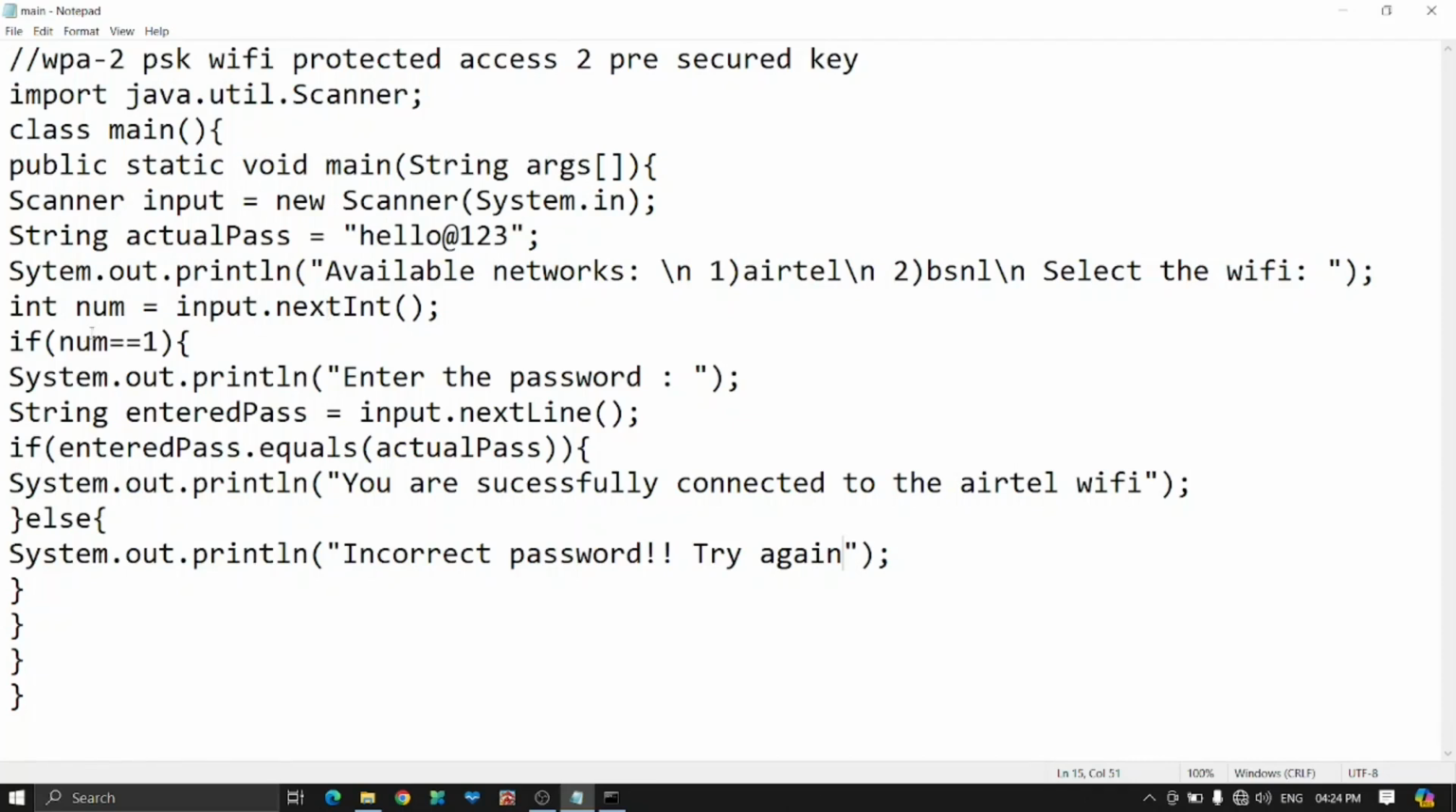Num 1 is equal to semicolon, curly braces start, enter the password, string if again else 1 2 3 4, and here there are 4 closing curly brackets, and here 1 opening bracket and 1 closing bracket, then there is 1 opening bracket, 1 closing bracket, and here 1 opening bracket